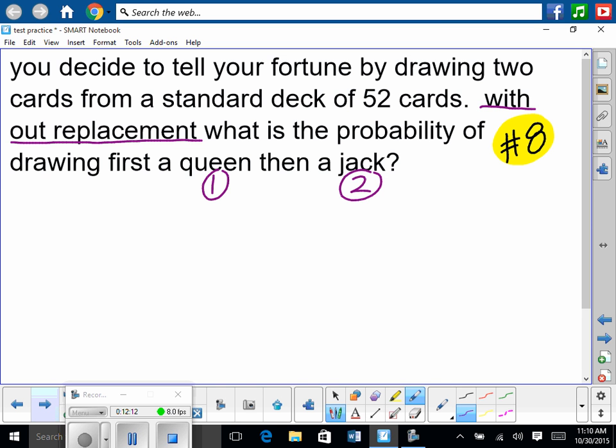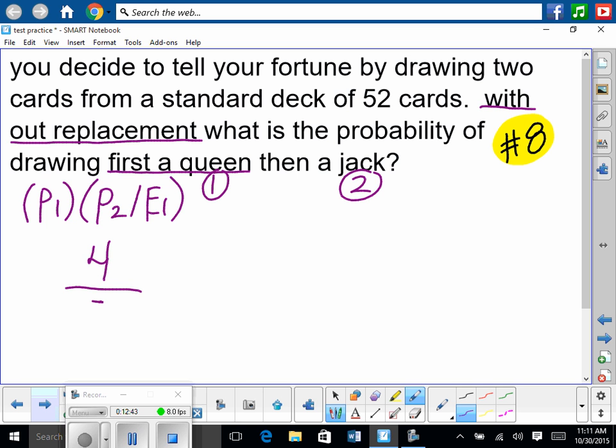Well, these are dependent events, and we know that to find the probability of 2 or more dependent events happening, you take the probability of event 1 times the probability of event 2, given that event 1 has already occurred. Okay, so let's go through and find these probabilities. So first of all, what's the probability of first drawing a queen? Well, in a standard deck of cards, how many queens are there? 4. So there's a 4 out of 52 chance that we'll draw a queen